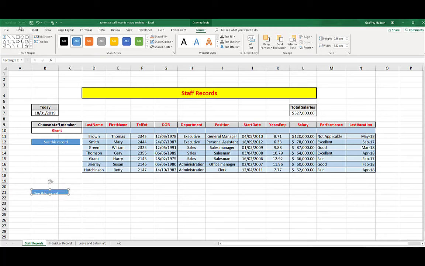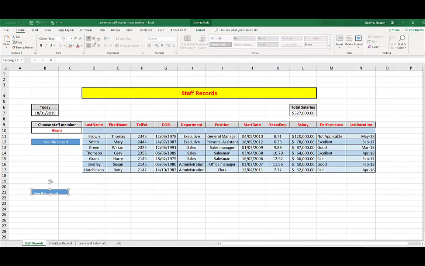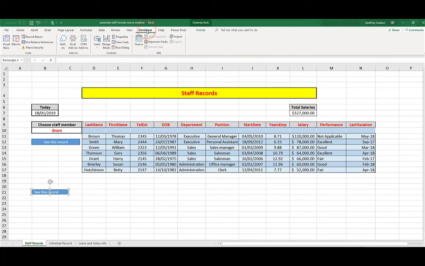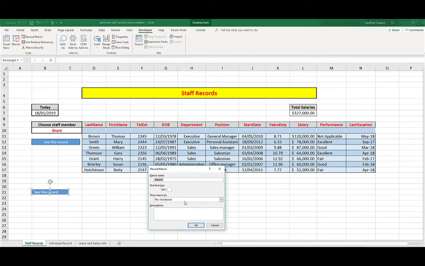Then I said in the Home tab, show the text in the middle, and then I recorded a macro by going to the Developer tab and Record Macro, and all I did was to name that macro. I called it individual record, and then I clicked OK and clicked on the individual record, which created a macro to go to that particular sheet. So it's just a very simple macro